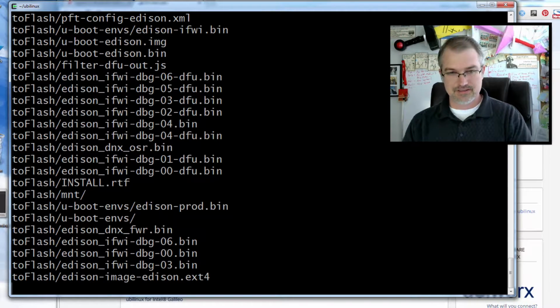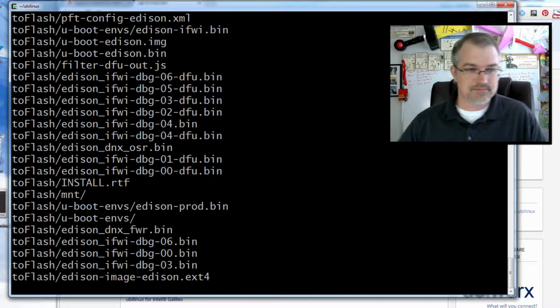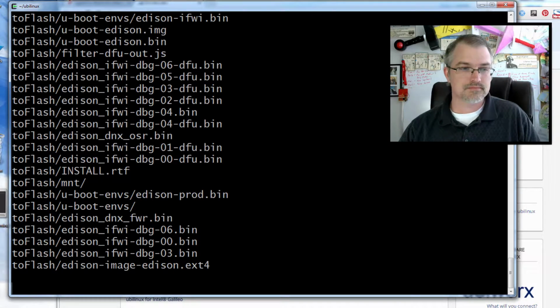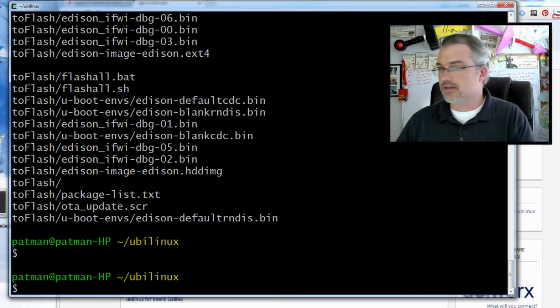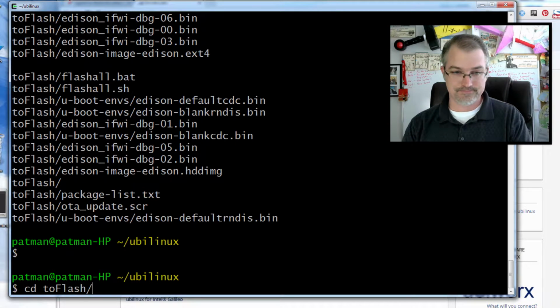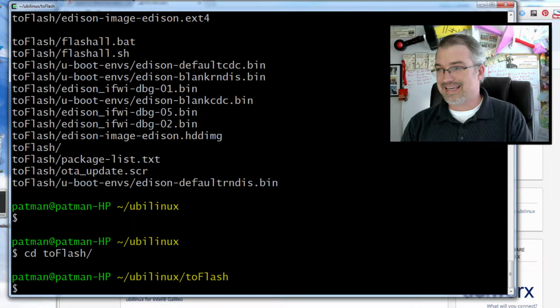And it's still untarring. Oh, that's fine. Okay, so everything's untarred, so now we can cd to flash and go into that directory, and then